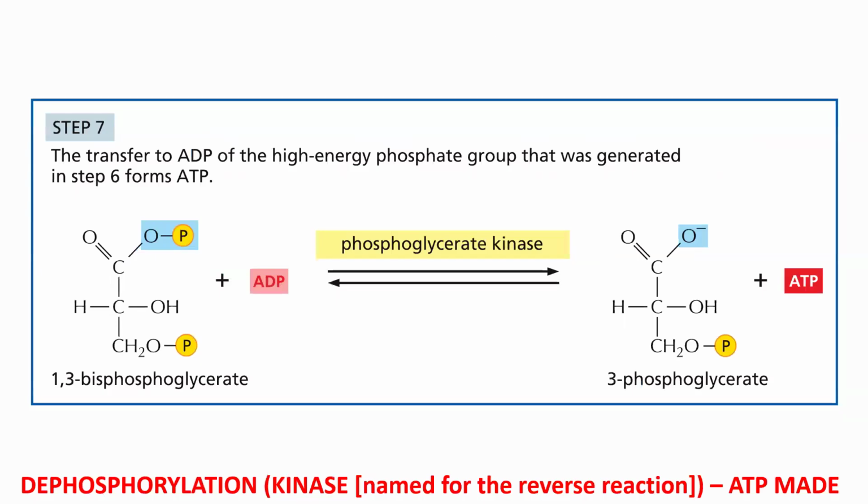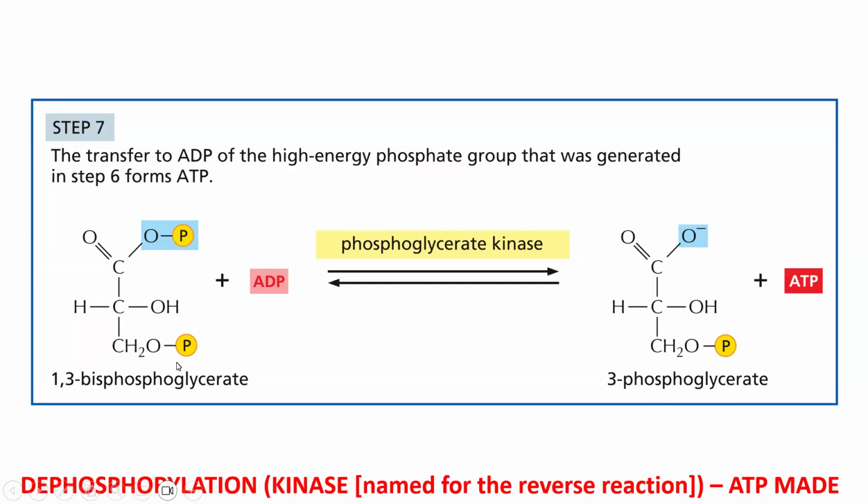So when we let that phosphate go, we're going to take that released phosphate and all the energy that comes with it and use it for substrate level phosphorylation. We're going to take ADP and phosphorylate it into ATP. Again, these 2 phosphates were under an enormous amount of strain. They wanted to get away from each other.